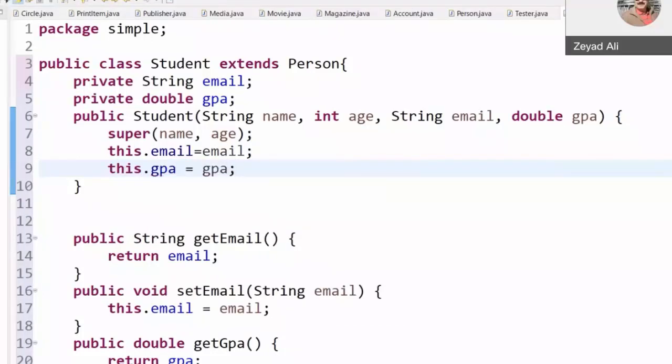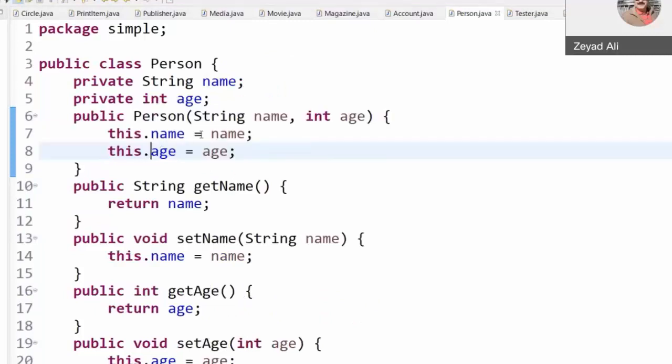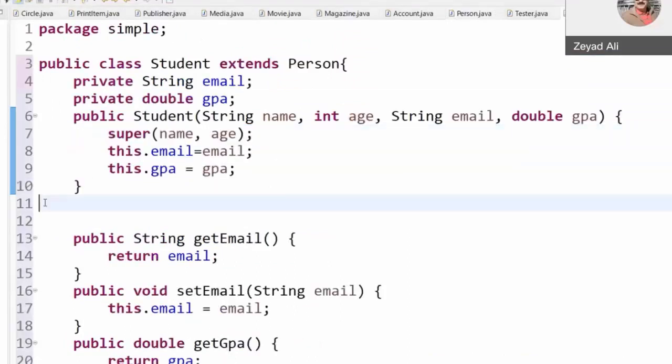So the first statement in the constructor of a student is calling the superclass, which is here Person, with the attributes inherited from the superclass. Look at the constructor. The only constructor of the superclass is this one. So we must call it with the name and age, and the superclass will do all the code for you. So now, my student has a constructor.